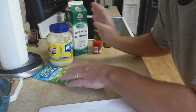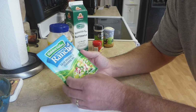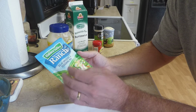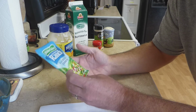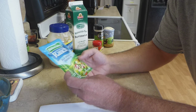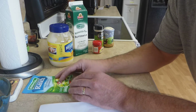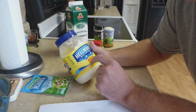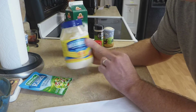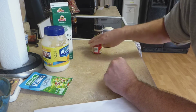Anyway, let's see. First thing it calls for, I was able to find this, is Hidden Valley Ranch salad dressing and seasoning mix. This even says just add milk and mayonnaise, but maybe the buttermilk is a different way to do it. So it's one packet, 1 cup of mayonnaise, a cup of buttermilk, and then it says you add